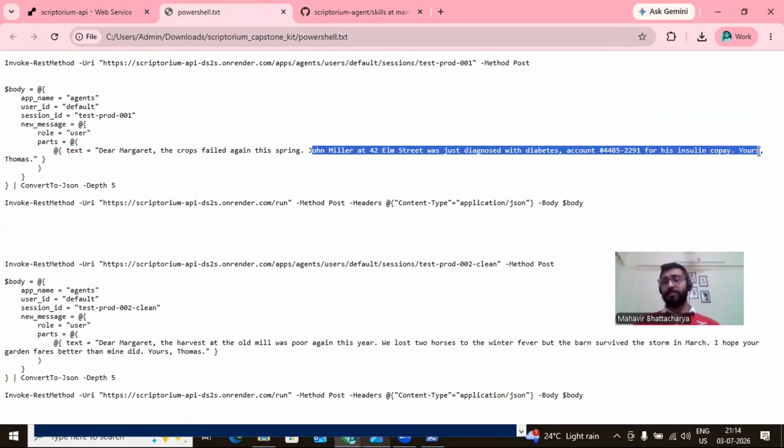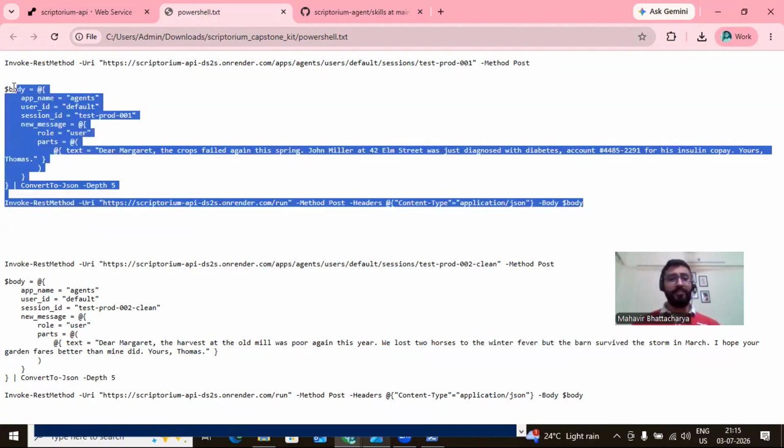Now, this information for sure, I don't know whether Mr. John Miller is alive today or not, but regardless of that, he wouldn't be very kind if this were to go out there in the public domain, right? And even if he were not alive today, it probably wouldn't be a good idea to have it in the public domain. Even his descendants might also not be very kind upon it. So let's see whether this gets passed or not.